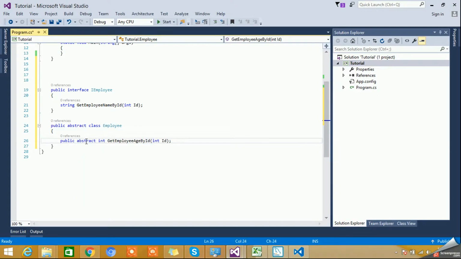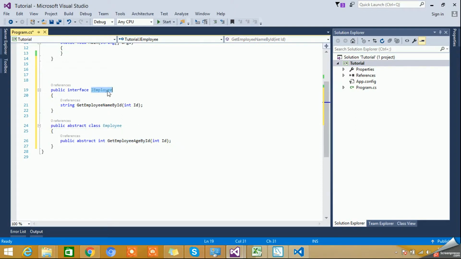That is because in abstract class, to define such a method with only the method signature, not the method body, we need to use the keyword abstract. By using the abstract keyword in front of the method name, we are saying this method is an abstract method, and there will be no body or definition of this method available inside this class. Whichever class inherits this abstract class, the method body or method definition will be inside that derived class only.